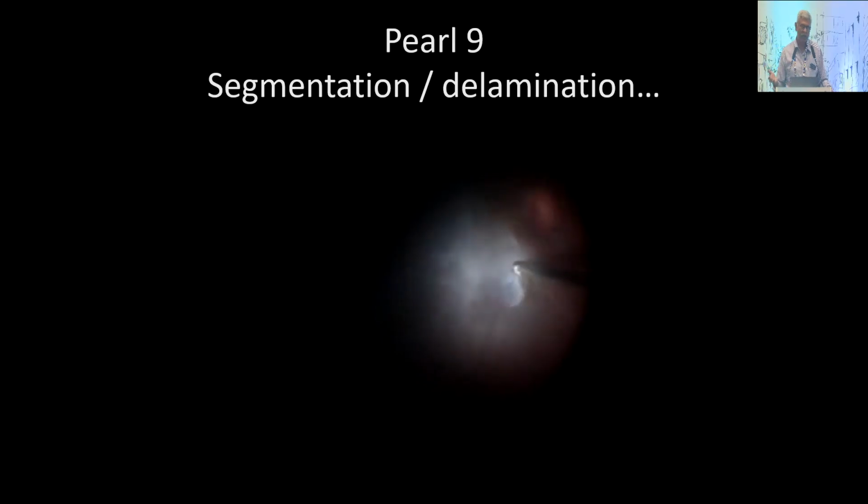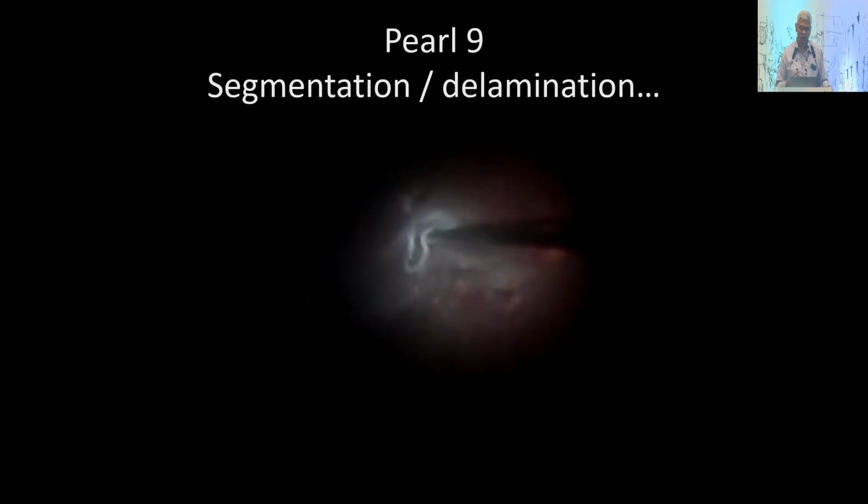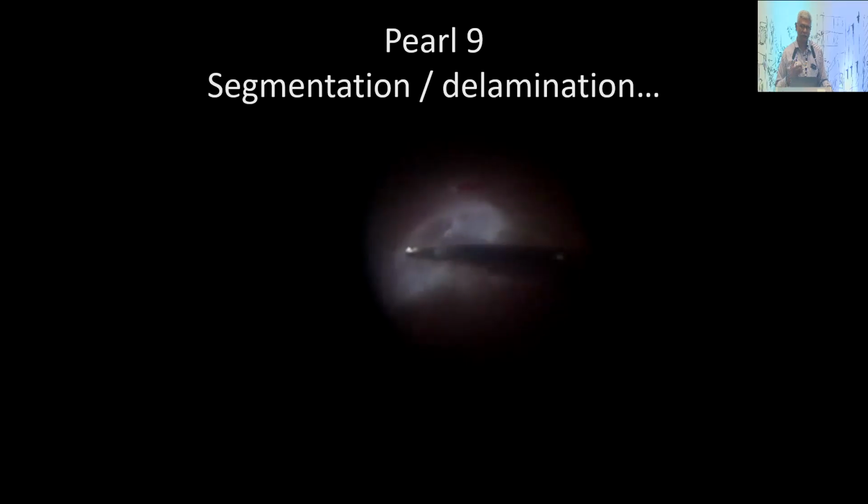Segmentation, delamination are old concepts. We don't separately do them. It's a continuous flow of the surgery now. So you could see that I peel the second membrane anteriorly, then now what we are doing is segmentation, now we are doing delamination. Earlier we used to do delamination with the scissors, but we are now delaminating with the cutter itself. All this is possible if we operate under the second membrane.